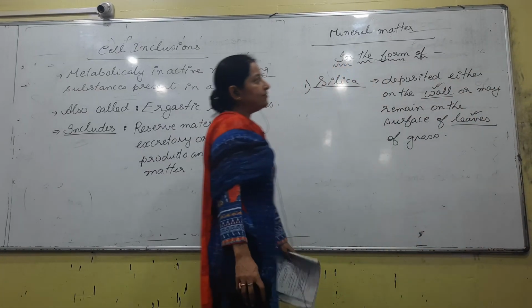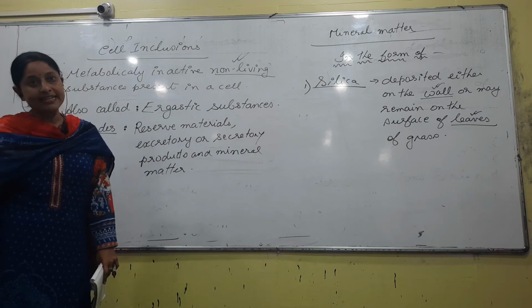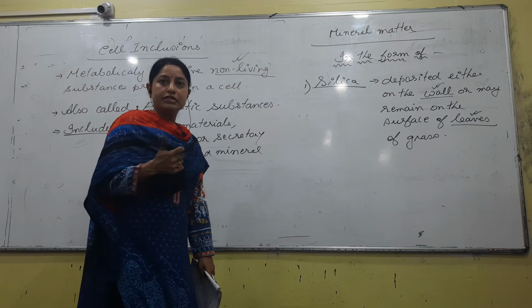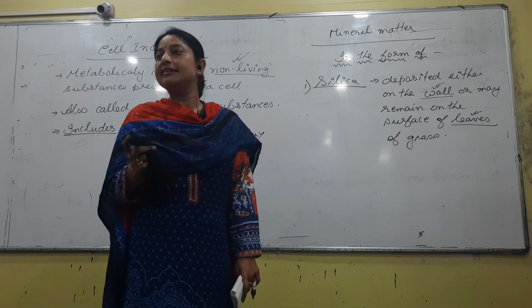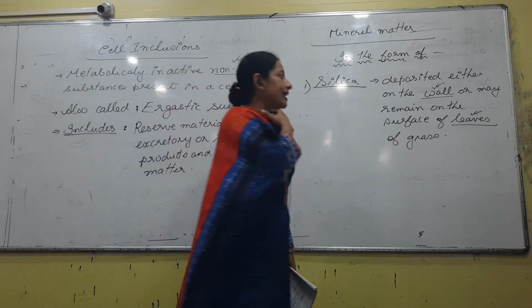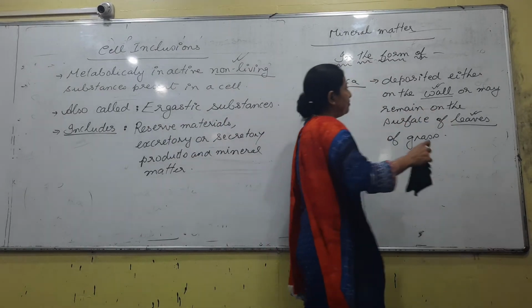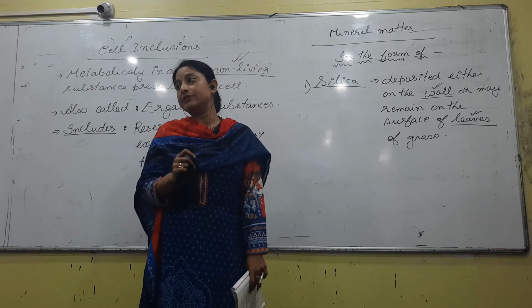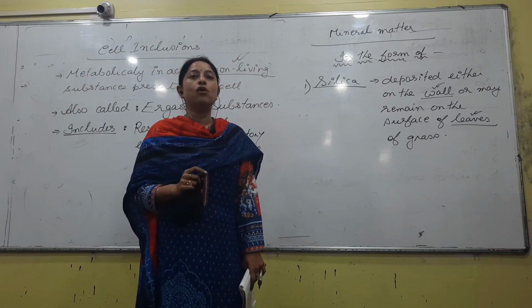So, certain non-living substances are present inside the cell. The first one is silica. Whenever we talk about silica, the first point to be remembered is that silica deposition is commonly seen in grasses, if you are talking from the angiosperm point of view. Next, silica will be deposited, but you have to be precise about which part: especially the cell wall.